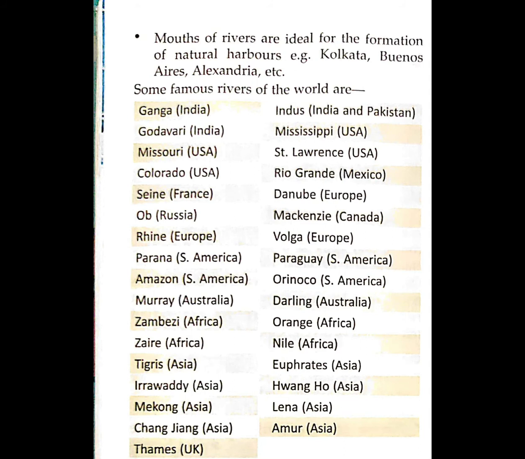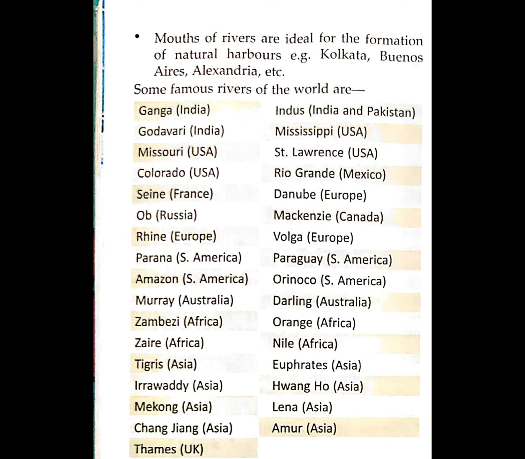Some famous rivers of the world are Ganga in India, Godavari in India, Missouri in USA, Colorado in USA, Seine in France, Obi in Russia, Rhine in Europe, Parana in South America, Amazon in South America, Murray in Australia, Zambezi in Africa, Zaire in Africa, Tigris in Asia, Irrawaddy in Asia, Mekong in Asia, Changjiang in Asia, Thames in UK,